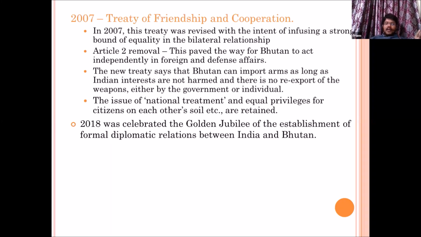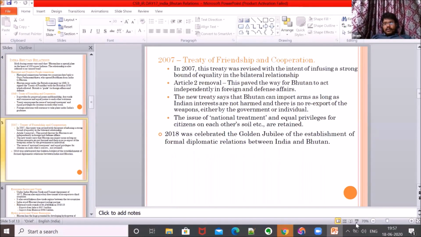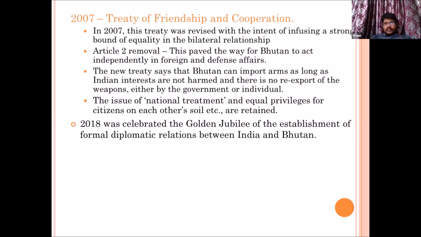Before that, our embassy or our representative in Sikkim used to control both Sikkim and Bhutan. It is only in 1968 we established an embassy. So that is why by 2018 it became a golden jubilee and we have celebrated that relation. So this is just a fact. Okay. So that is about this treaty and historical aspect.